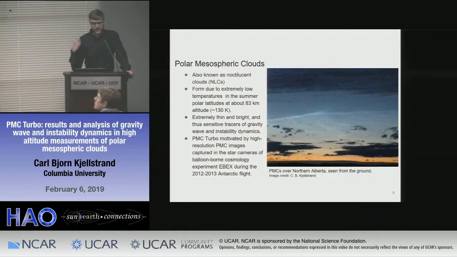And this happens basically because gravity waves deposit momentum and energy, which drives winds from the summer pole to the winter pole, and then more air fills that, so that area undergoes adiabatic cooling. It goes down to 130 Kelvin or thereabouts. We care about them because they're extremely thin and bright, and thus very good tracers of gravity wave and instability